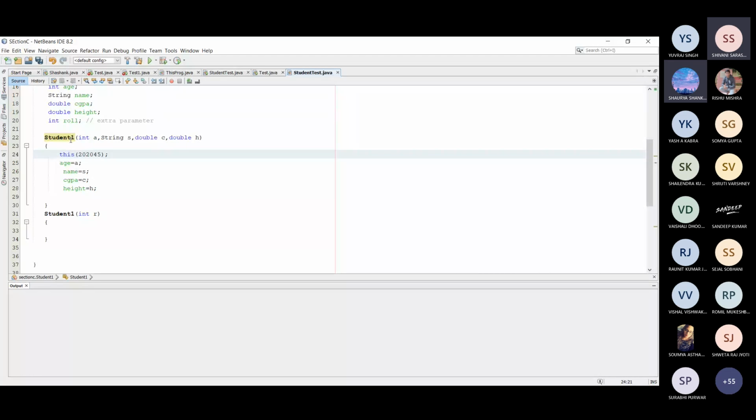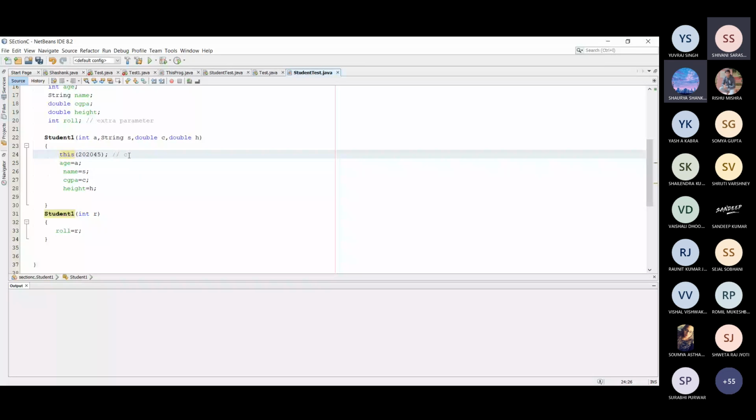If I write this, then this parameterized constructor is called, and after the calling of this constructor the control flow goes from this line to this line and the value of roll number is initialized, and after that the value of age, name, CGPA and height is initialized. We will discuss this keyword tomorrow, but for this particular program this keyword is used to call the current class constructor.